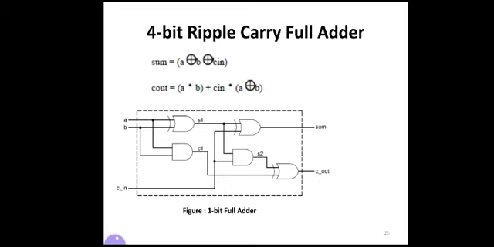Identify the intermediate wires which do not have names. Here there are 3 wires without names, that is S1, S2 and C1. You can give any name. Those are nothing but wires, so S1, S2 and C1 are identified and named, and they are going to be considered as wires. So this is the circuit diagram required to write the 1-bit full adder. Based on the 1-bit full adder, we have to design the 4-bit ripple carry full adder.